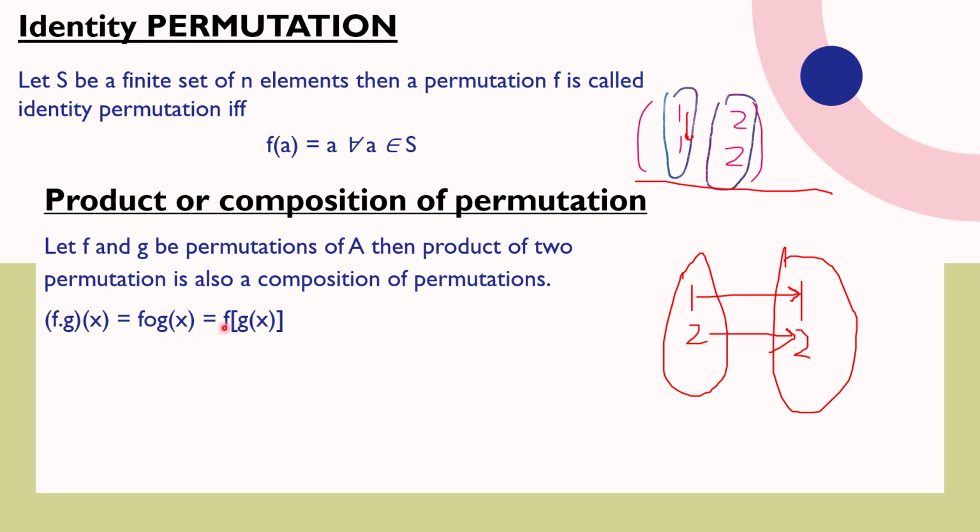G of X, which can be written as F outside with G of X. Okay, remember this formula. That is, the function F of G will be written as F of G of X. Okay, that's how you do the product of permutations. Now we'll take an example. That's how you will understand this